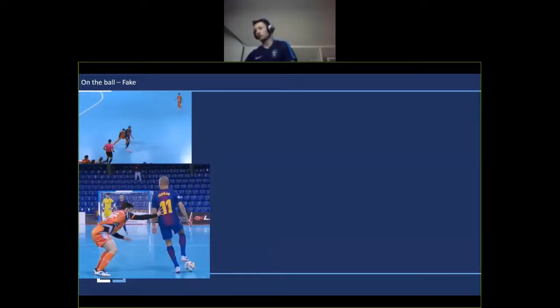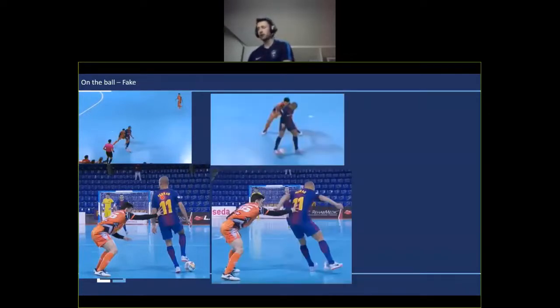He's not even got his arms out. He knows that this guy's terrified of him. His head's up, completely in control of the situation. When he's been doing these little touches, he quickly pulls it back and across himself in the same movement. It's like he's going to go for the outside roll, but he brings it inside. You can see here he's got lots of space. The other two attackers aren't in here, but they're actually quite far away. So he knows he's got something to turn into here.